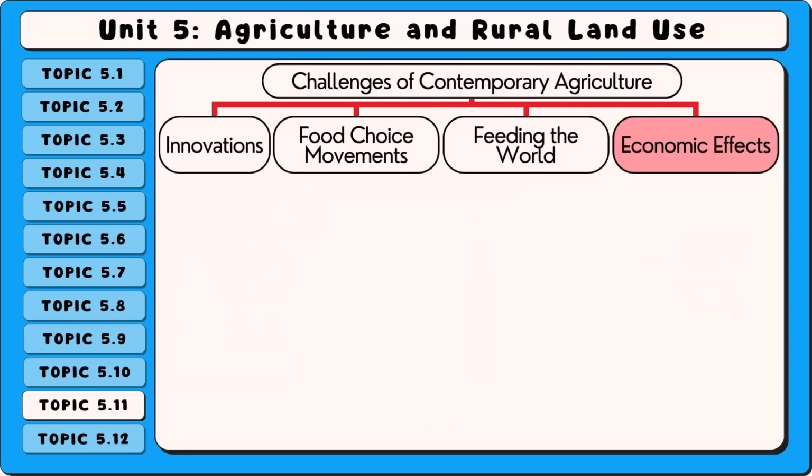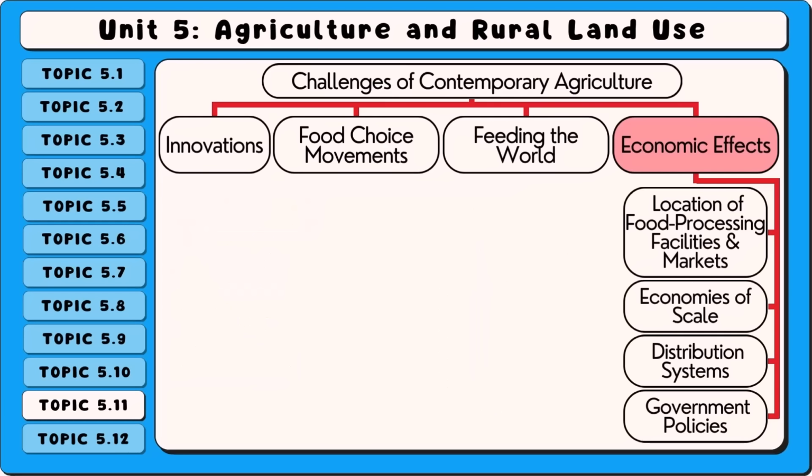The fourth challenge of contemporary agriculture relates to economic practices. There are 4 things we'll look at: the location of food processing facilities and markets, economies of scale, distribution systems, and government policies. First, the location of food processing facilities and markets affects where farms are set up and how